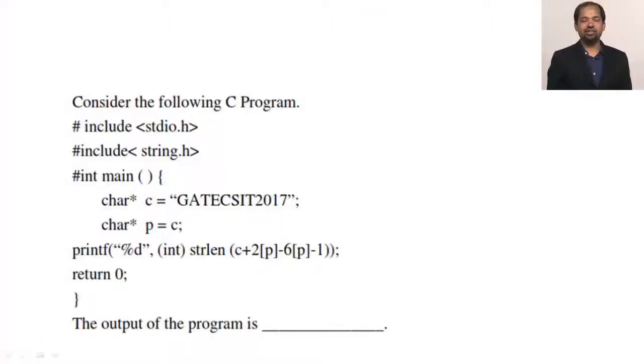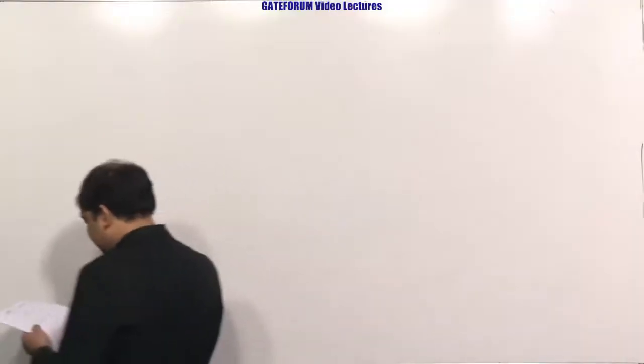Now let's consider this question. Here we are given a C program, and there is a character pointer which stores GATE CSE IT 2017, and we have another pointer P which is initialized to C, and then it is asking to print something. So let's start. The question is like this: